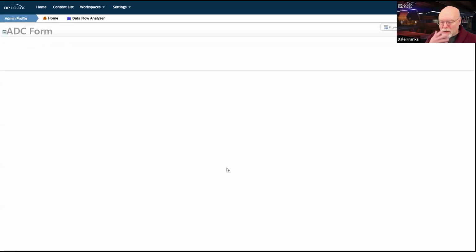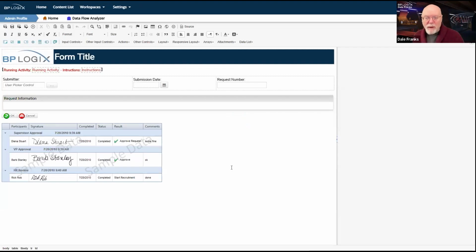So let's take a look at the form and see what has already been built on the form. The nice thing about templates is that if I have a standard look and feel for a form, it already gets imposed by the template, because I create it in the template with all of the appropriate objects that I'm going to need for a form.